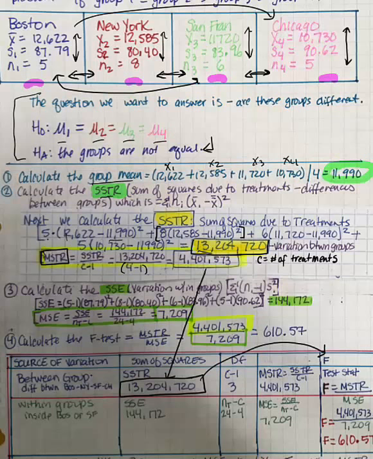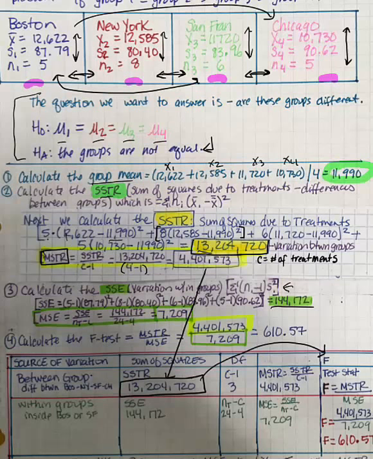Here we're going to calculate the sum of squares error, which is the variation within the groups. Here's the formula for it right there, and the way we do it, we would take n minus 1 for the first group, multiply it by the variance of the first group, which is 87.79, and square it, and then we add n minus 1 times the variance of the second group, etc. And we get this